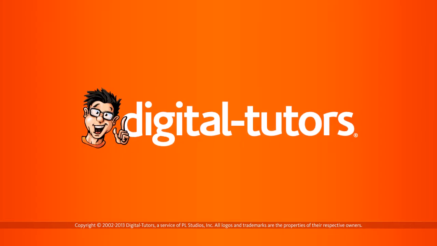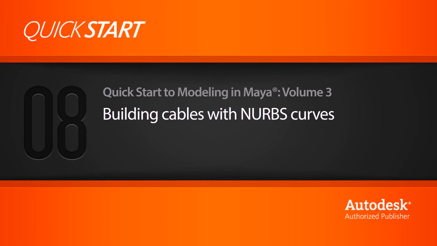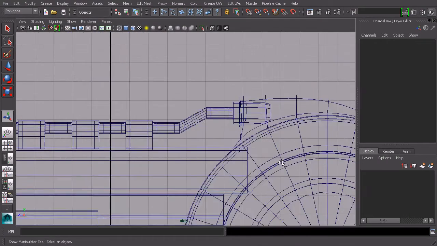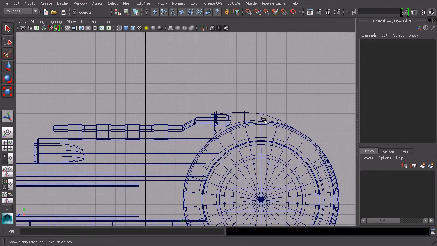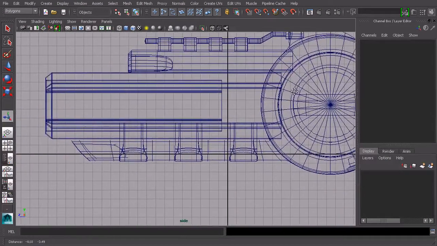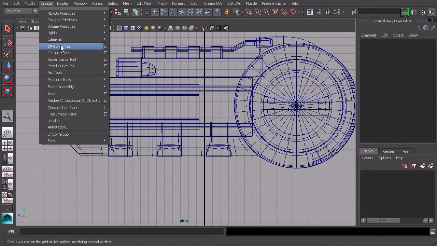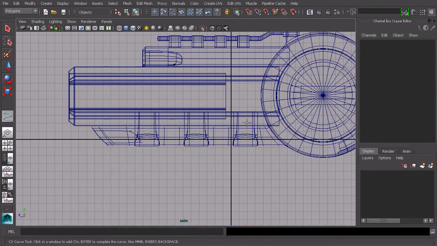Now let's use some curves to build some small cables on our stun gun. So we want to have some cables kind of coming in on the inside of these brackets that we created. So to do that, let's draw them out with curves, and then we'll create geometry to kind of flow along with that. So let's go ahead, and I'm just going to go to Create, CV Curve Tool, and I want